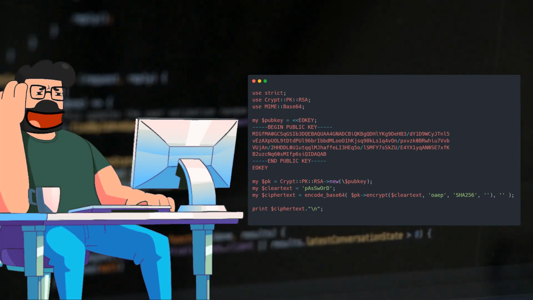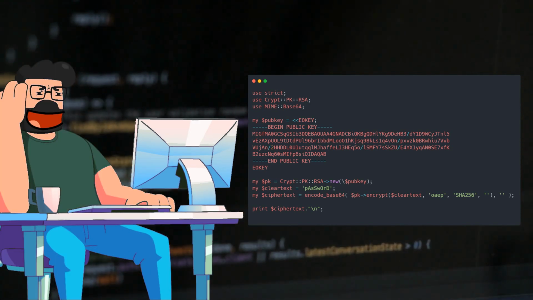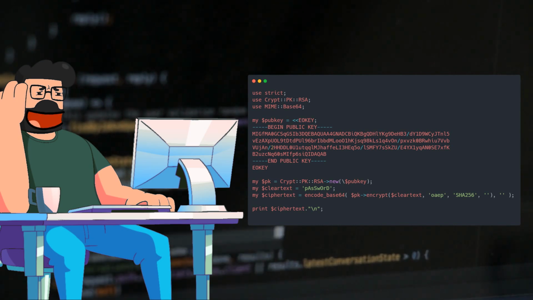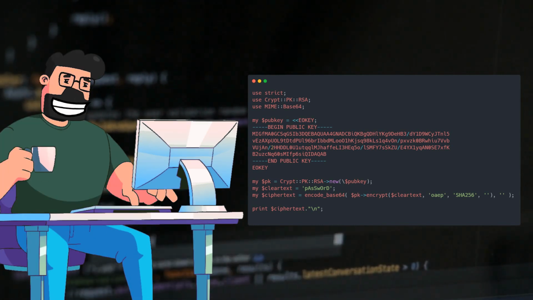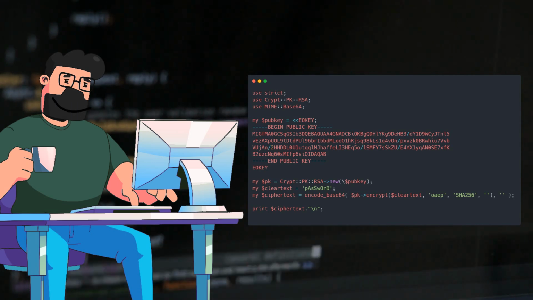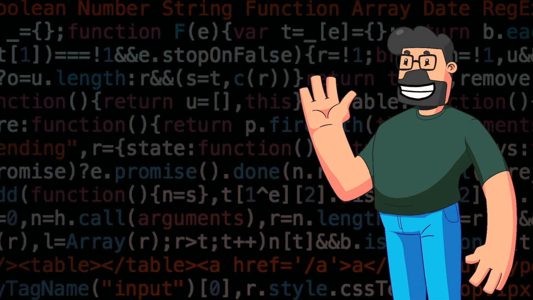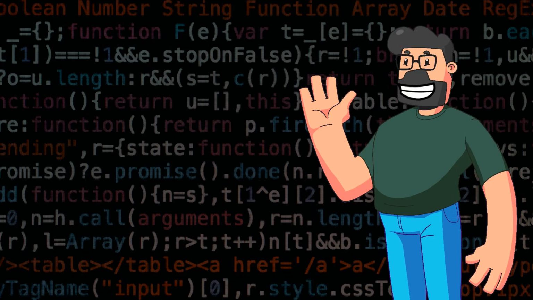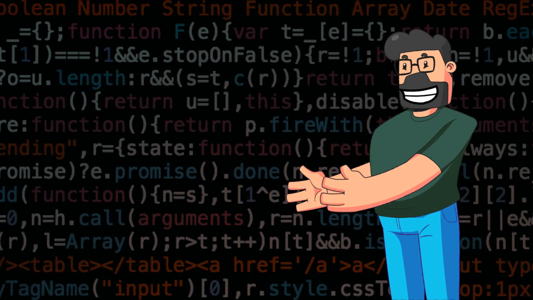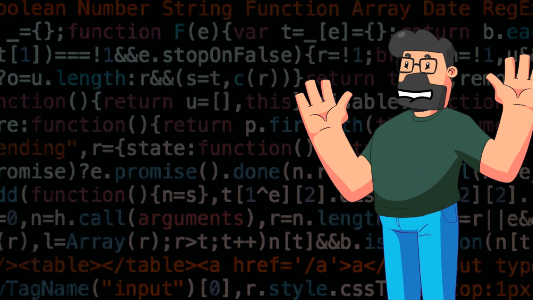This approach not only streamlines the encryption task, but also offers more flexibility and control over the process, ensuring a secure and efficient login automation procedure. In conclusion, tackling the encryption challenge in Perl is made easier with the implementation of Crypt::PK::RSA. By following the outlined code snippet, you can seamlessly encrypt passwords using RSA OAEP, enhancing the security of your login